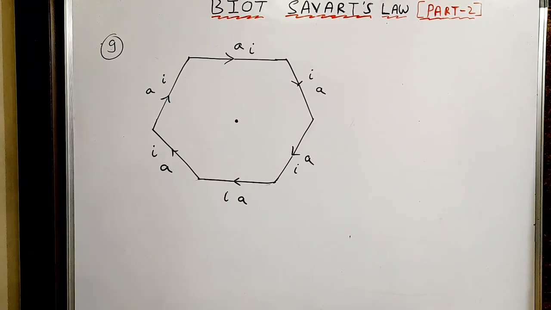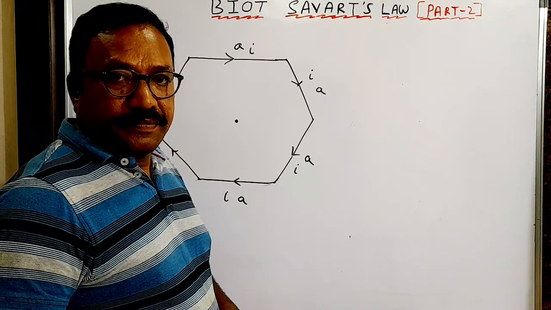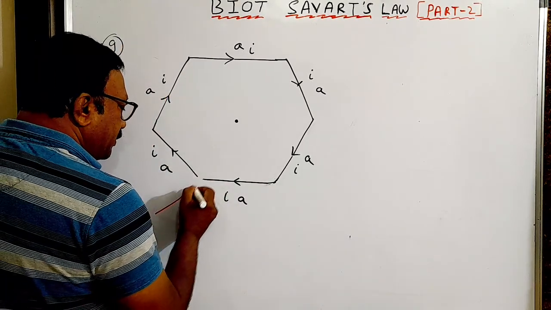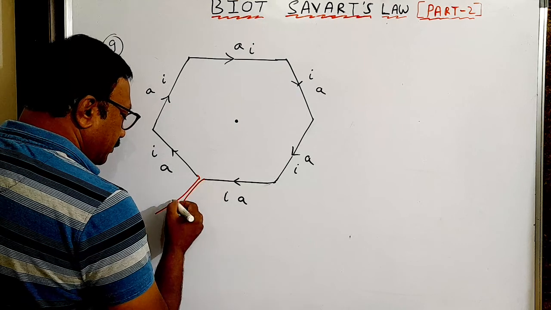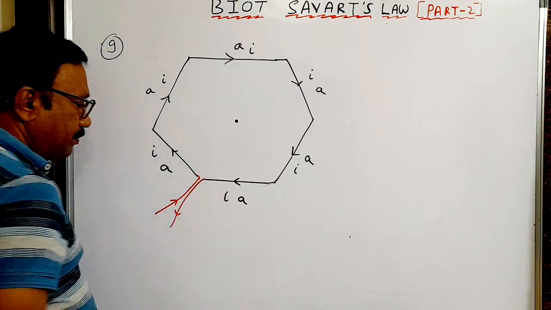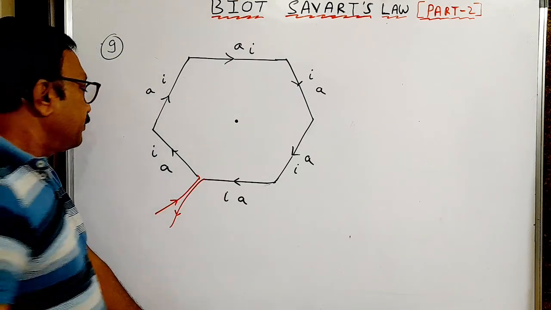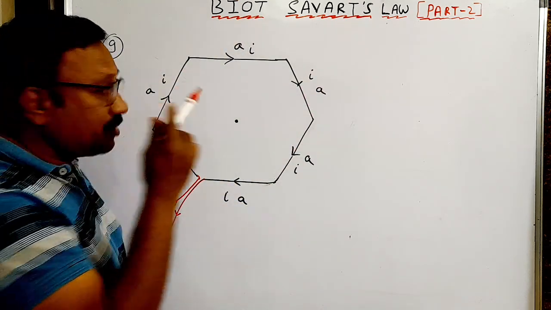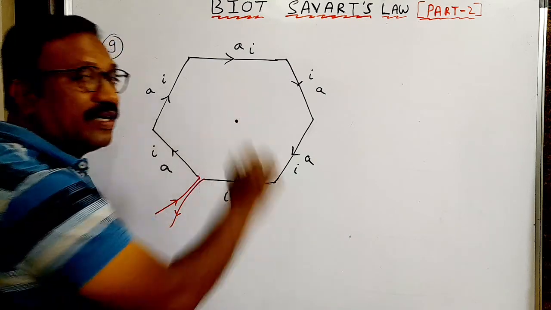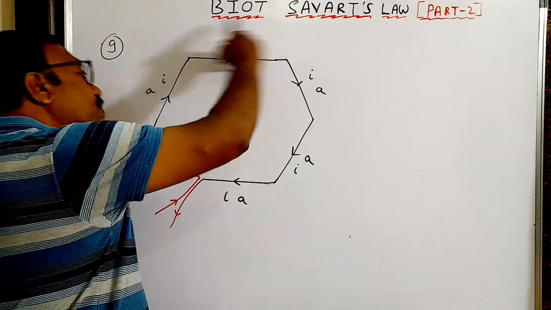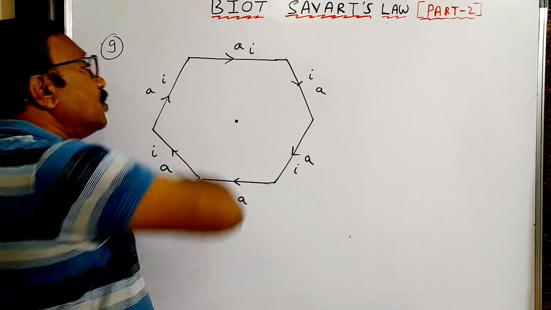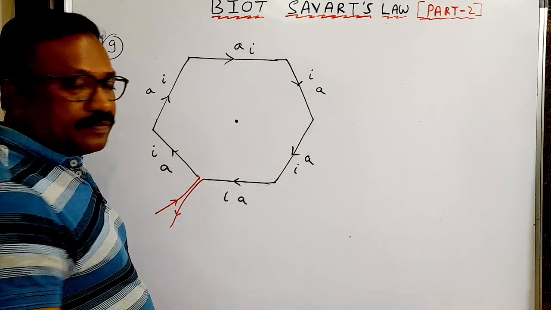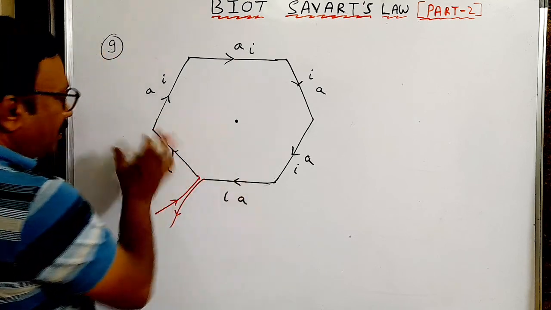Let me take this hexagonal wire. So this is a current carrying wire only, no doubt. So the current flows like this. The wire is bent in the form of a hexagon of each side A. I want the magnetic field at the center due to this whole wire loop. There are 6 sides. We will consider one wire first.